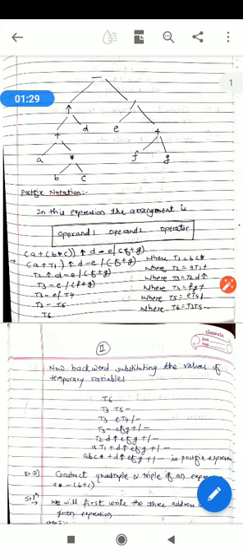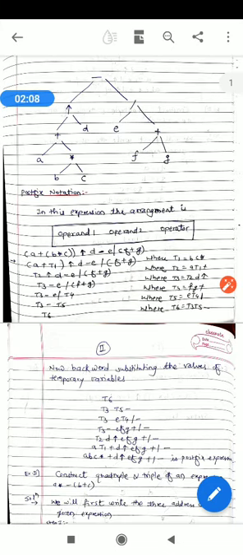Then the second step, t2 is the upward arrow, d, minus e / f + g. So here we have substituted t2 as t1 d ^. Then the third step, t3 = a t2 +, then minus e / f + g, where t4 = f + g. So t4 can be written as fg+, operand followed by operator. In this expression the operands are f and g and the operator is plus.